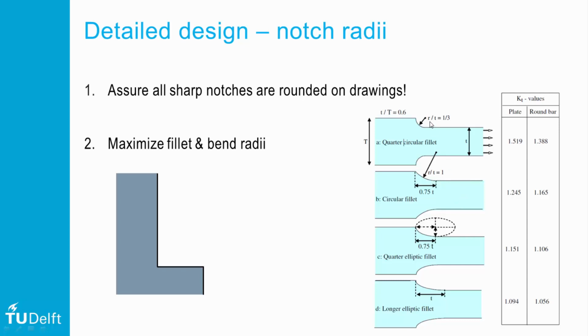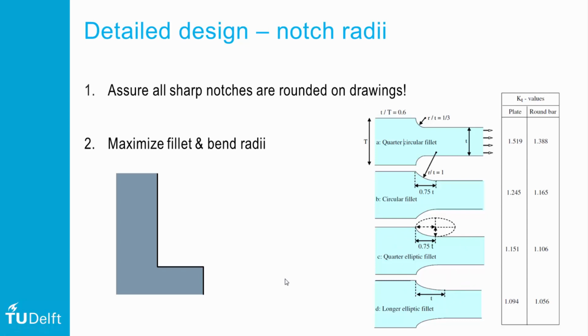One may try first to increase the radius, but here one should realize that the fillet doesn't need to have the full quarter of a circle. One may take only a piece of it, leaving the sharp corner at the top. The lower two cases illustrate that a fillet created with an ellipse reduces stress concentrations further.